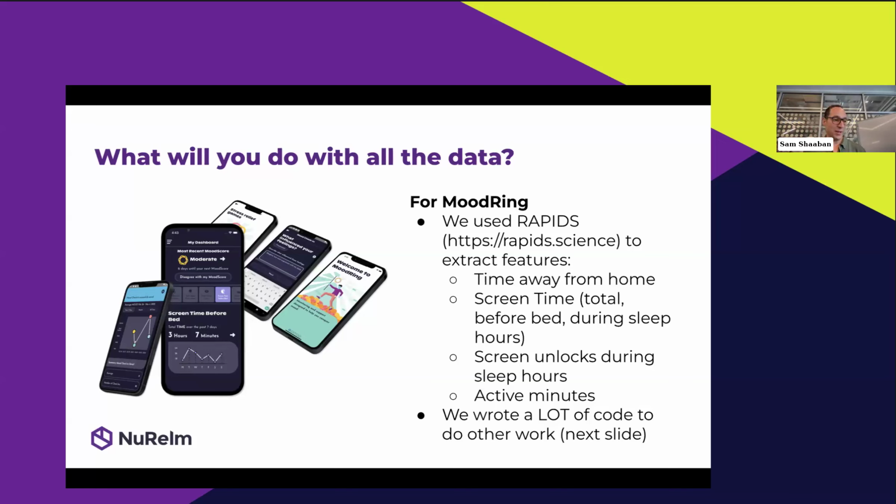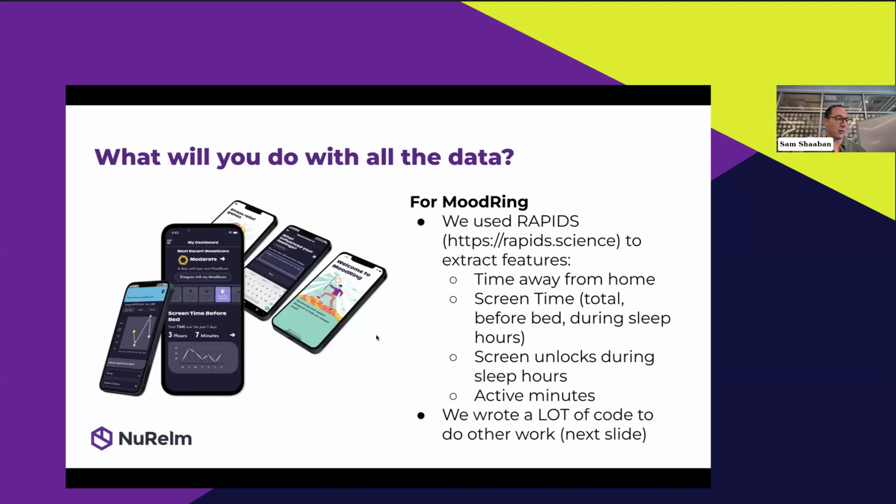So in this case, I mentioned feature extraction before. We use a library called Rapids, and this Rapids library is actually built by some of the developers that developed Aware, which is a tool that I mentioned in the research frameworks that are out there. And its purpose is to take this raw data from Aware and turn it into something. So in this case,